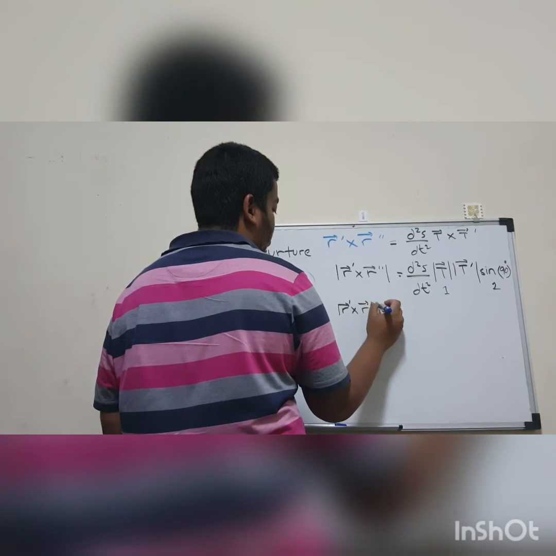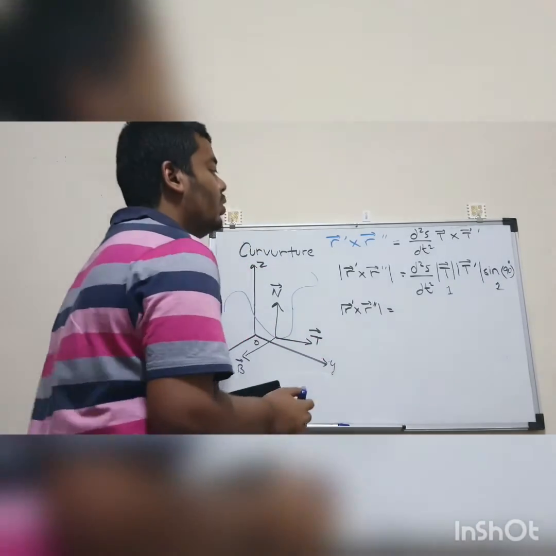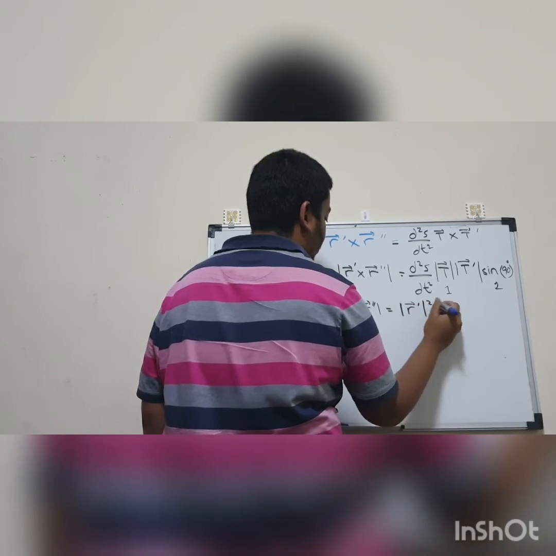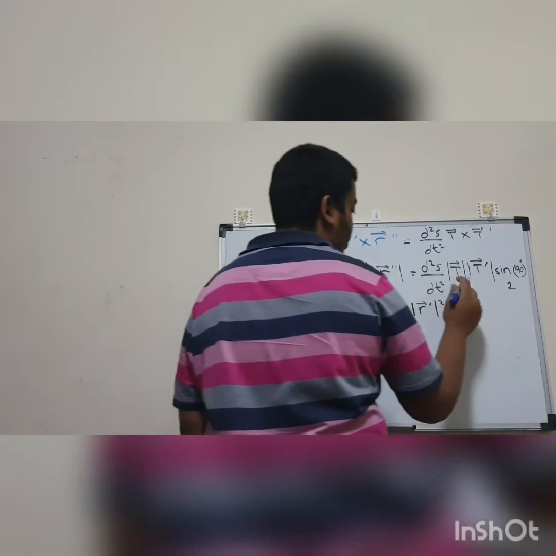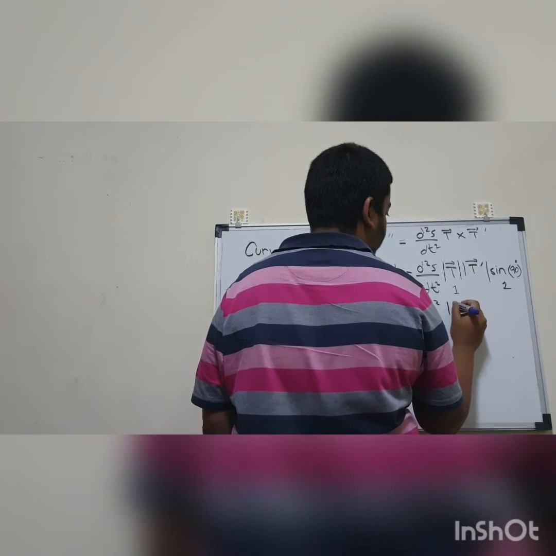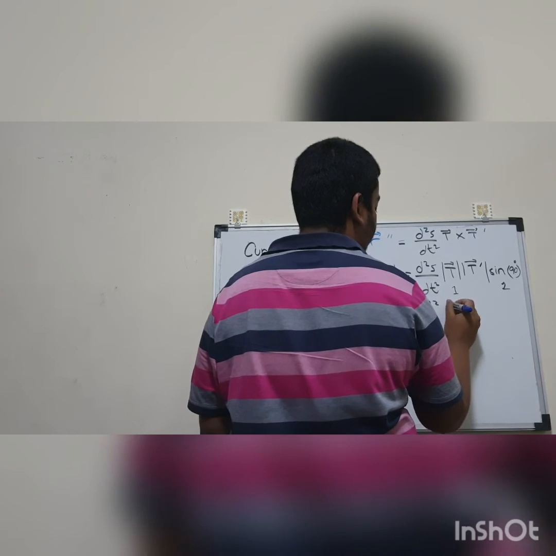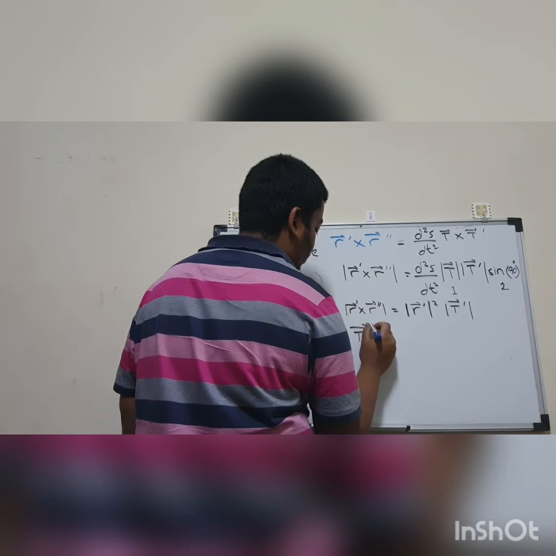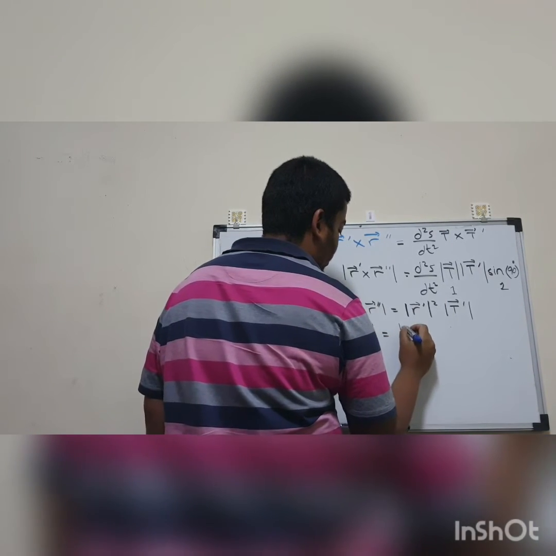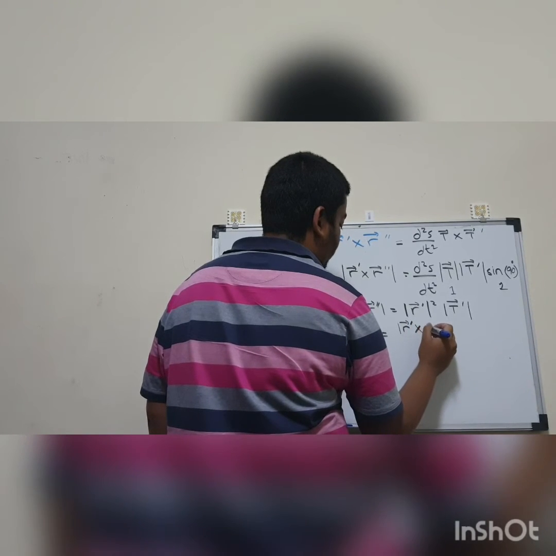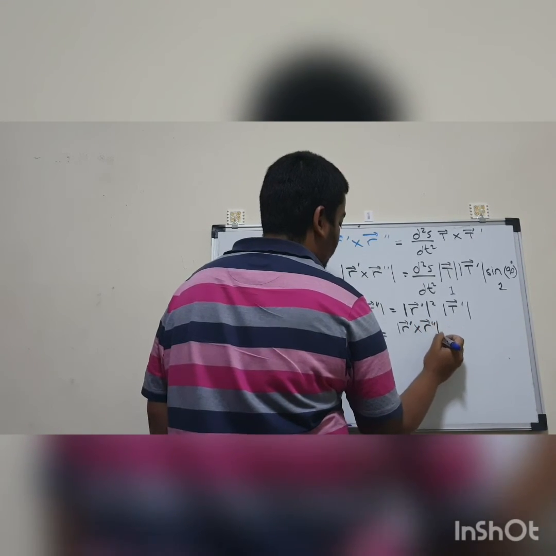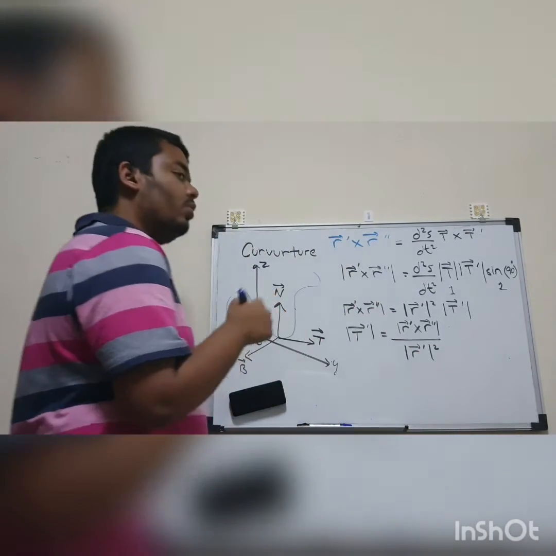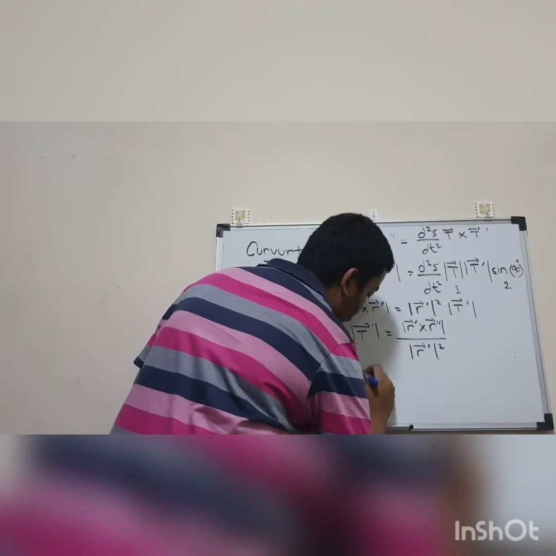The cross product of r prime into r double prime is equal to, so this can be written as r prime square, and then multiplied by t prime. Okay, so t prime can be written as this particular formula: the magnitude of the cross product of r prime into r double prime, over r prime square. If you substitute this into the curvature formula, if you remember, for the magnitude of t prime, we